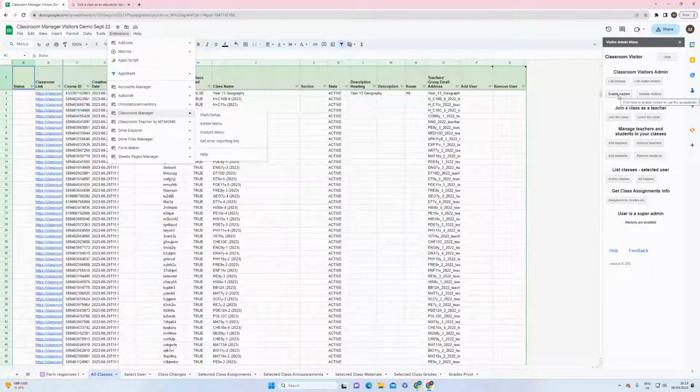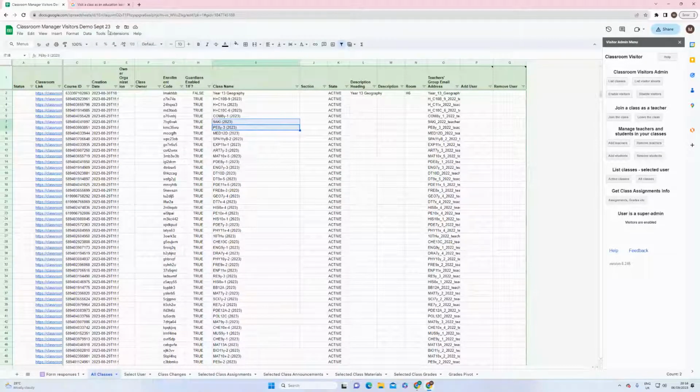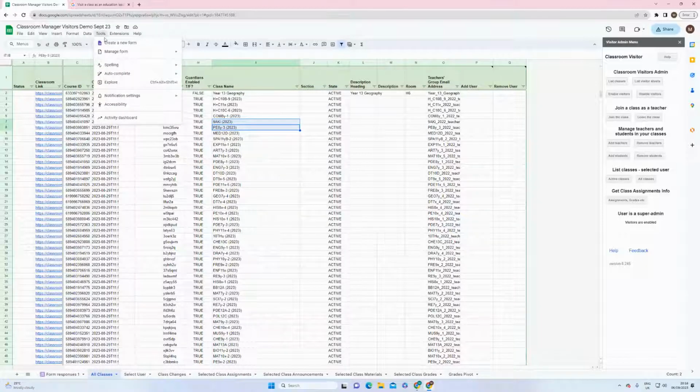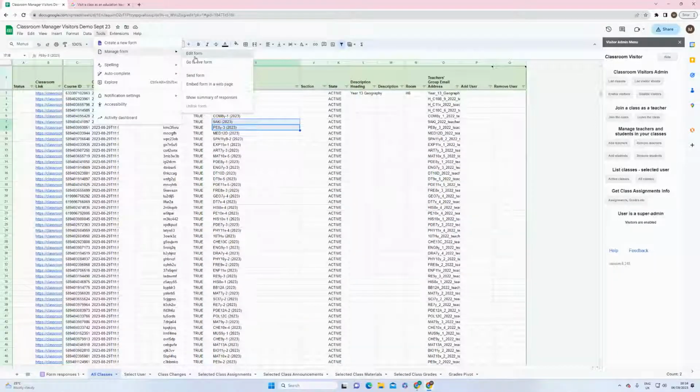When the admin user clicks on here to enable visitors for this spreadsheet, it sets up the various sheets, and it sets up a form that it adds to the links to the spreadsheet. And to allow somebody else to be able to use this as a visitor, that visitor has to have edit access to the spreadsheet and edit access to the form as well. So if you want to do that after the event, you click on Manage Forms and Edit Form,